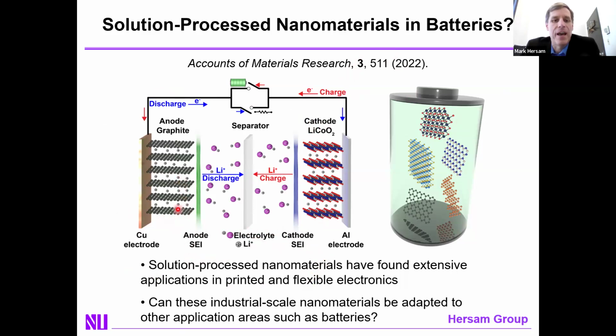There's two electrodes, an anode and a cathode. They're separated by a separator to ensure no shorting between the two electrodes. There's an electrolyte, typically liquid, which will facilitate ion motion between the anode and cathode when you're doing charge and discharge. And you can, in principle, use these materials to go after any of those components of the battery,